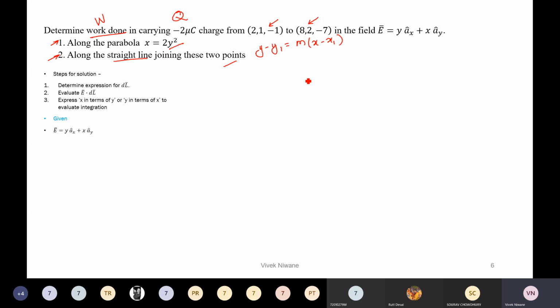Is this font size visible to you? Sir, barely. Okay, can you zoom into your video in Microsoft Teams? I am not sure. Yes, you can, sir. Okay, so zoom into your video so the font size will be visible to you. Since the solution is lengthy, I need to put it into this font size so that the complete solution fits on one slide itself.